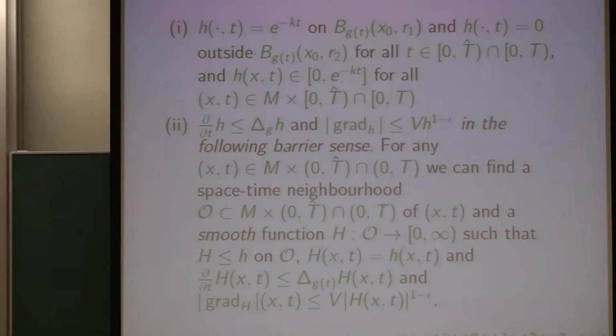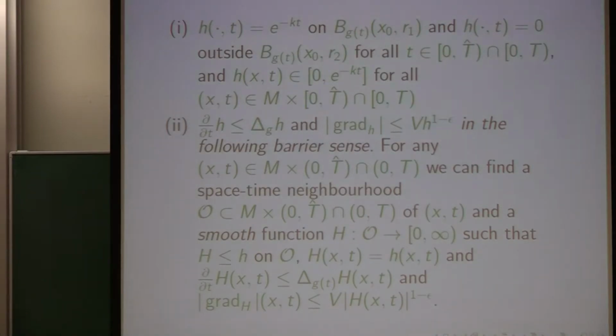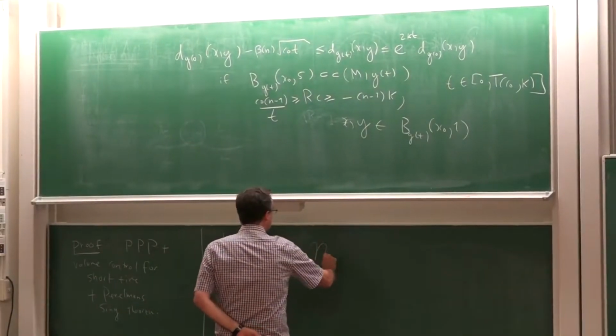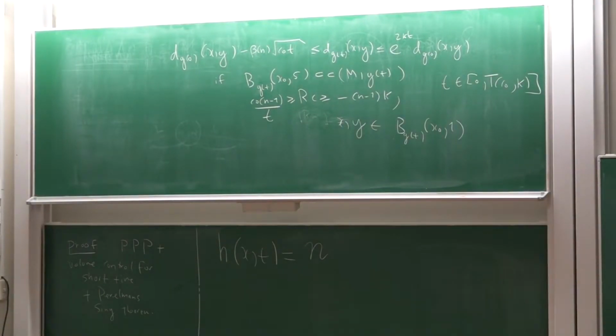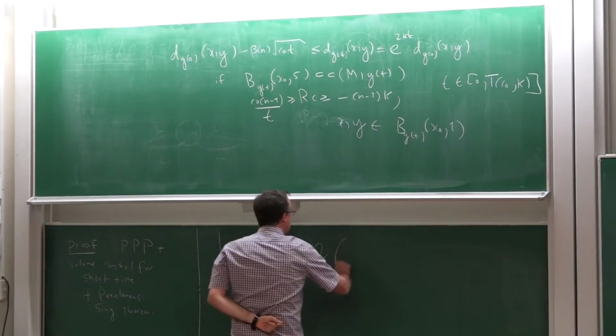So this is, as I said, Perelman's idea of how to construct these cutoff functions. People are using cutoff functions like this in all sorts of places with Ricci flow now. The trick is, in the setting that I look at here, you take your favorite cutoff function in R^n, which I call eta, which has the properties of a usual cutoff function on a ball of, say, radius r1 and r2 in Euclidean space, and then you just take